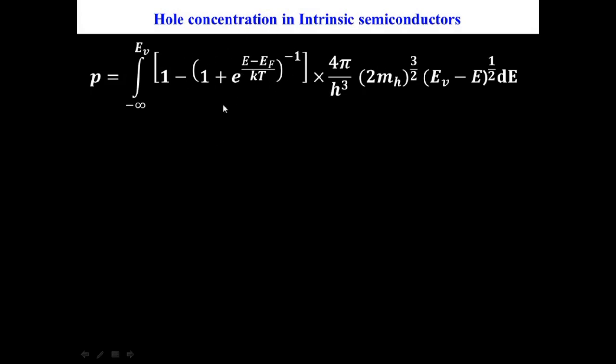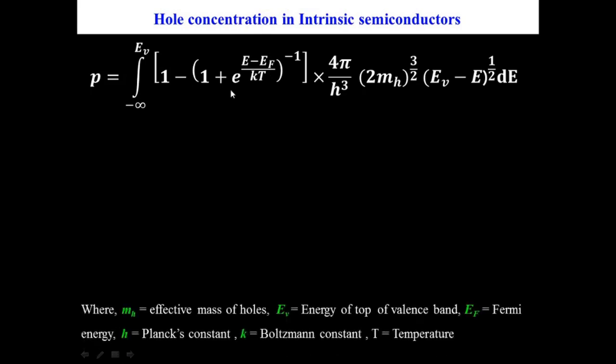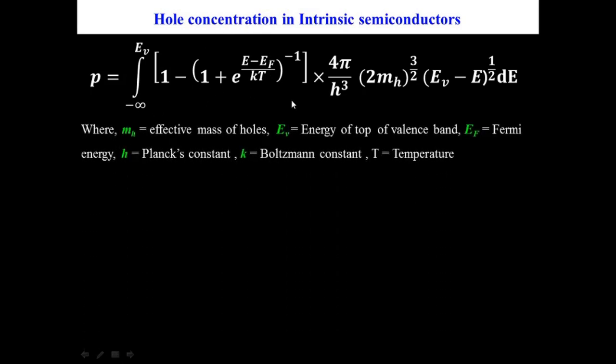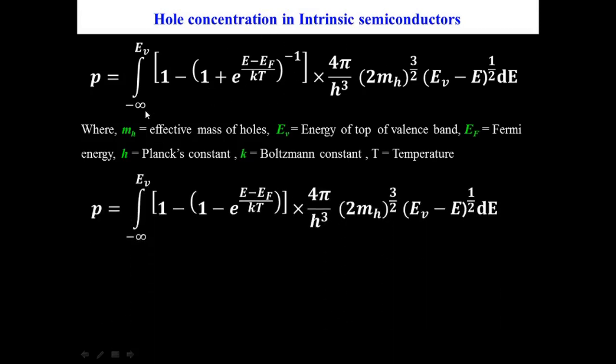Here we have given the meaning of those terms. Mh is effective mass of holes, EV is energy of top of the valence band, EF is Fermi energy, h is Planck's constant, K is Boltzmann constant, and T is temperature. Now in this next step we'll expand this bracket, so it will be 1 minus exponential of (E minus EF) by KT, and we'll neglect the higher powers. By neglecting the higher powers, the hole concentration is equal to integral from minus infinity to EV, 1 minus